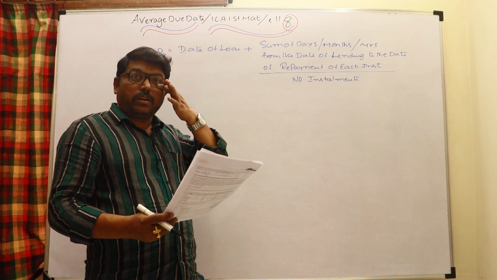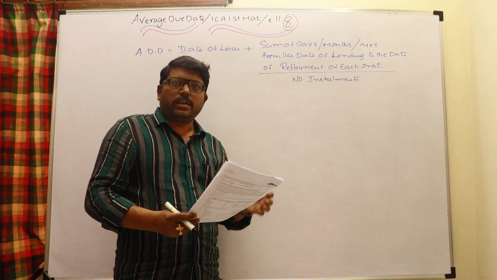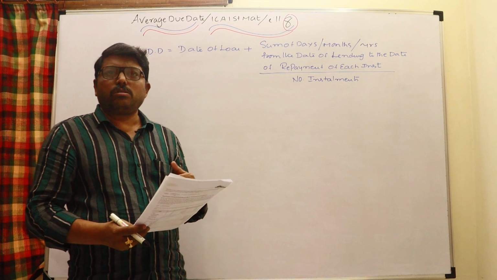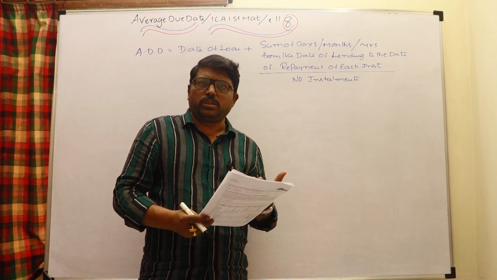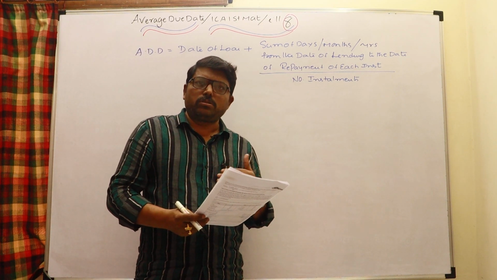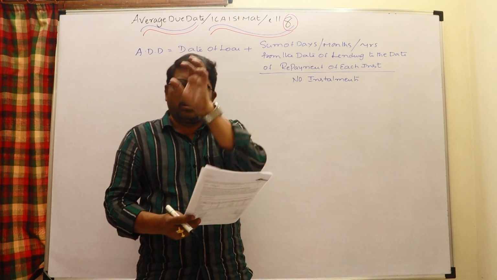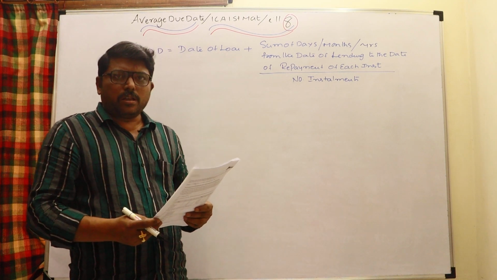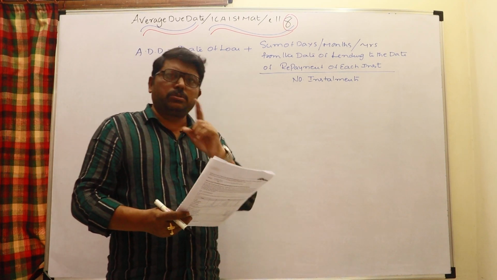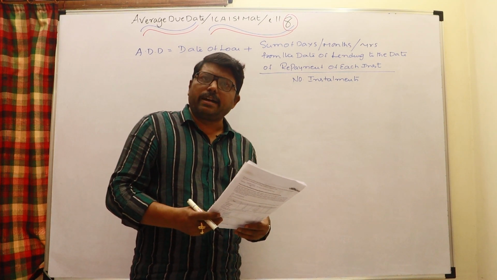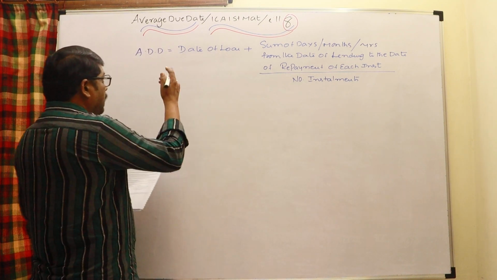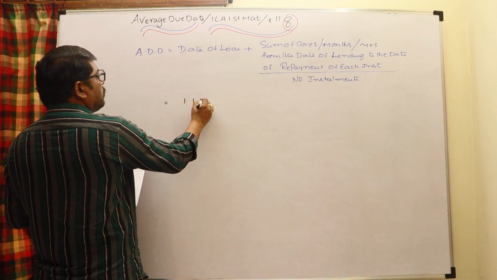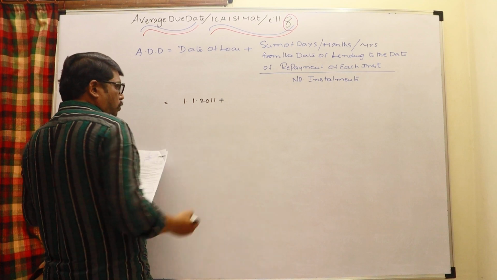Generally, how do you calculate for 10,000 at the rate of 5%? For the first year you calculate on the full amount. For the second year you calculate only on the due of 8,000, and next 6,000, 4,000, and last year only 2,000, and all those 5 interest amounts should be added to get the total interest. But instead of calculating 5 times, you can calculate only once when you go for the average due date. So the average due date in the given situation is equal to the date of loan taken, 1/1/2011.